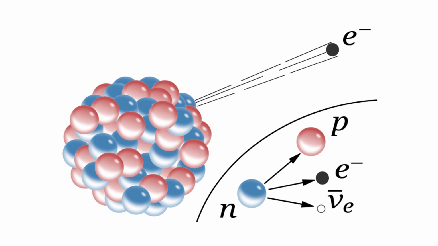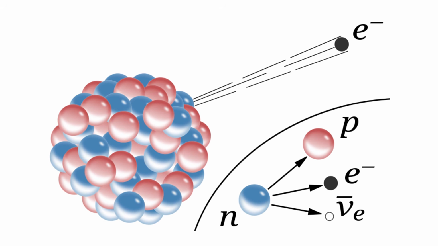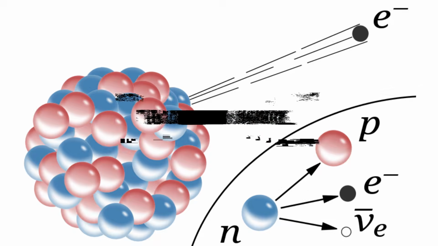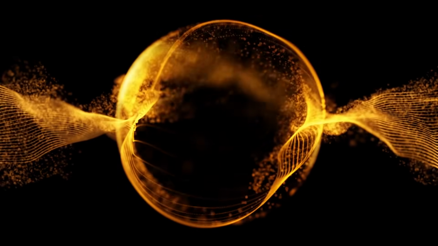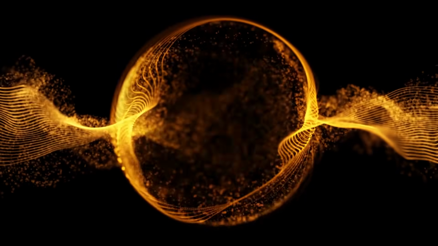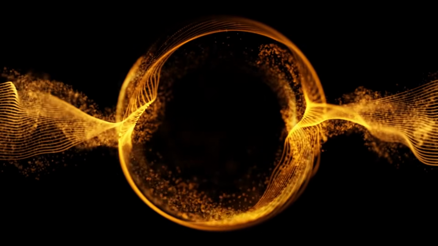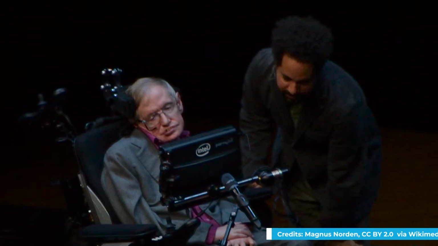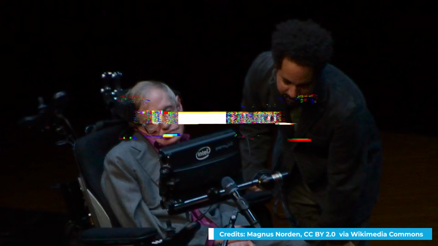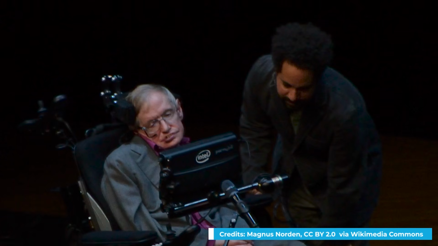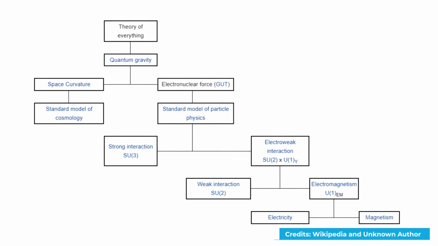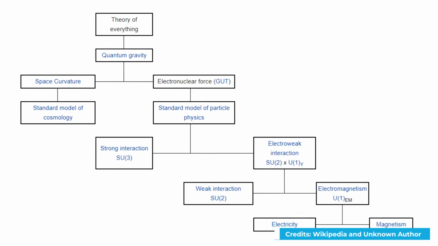Initially proposed by the famous Enrico Fermi in 1933, this interaction was successfully unified with the electromagnetic one in the so-called electroweak theory. Further developments are also expected from the GUT, the grand unified theory, that aims to unify the electroweak and the strong interaction in a single electronuclear interaction. And it doesn't end here. A bigger task is that of the theory of everything, a name that you will surely remember from the famous movie about Stephen Hawking. The aim of this model is to collect the electronuclear force and gravitation in a single interaction that describes the entire world.